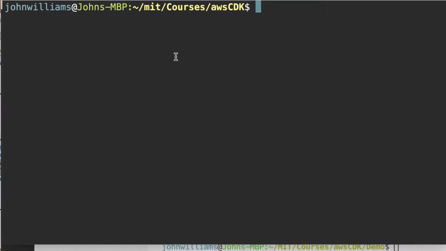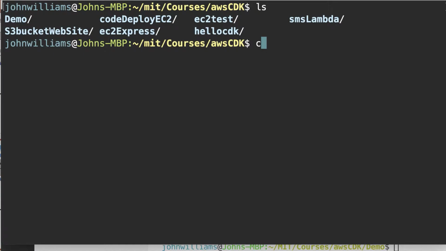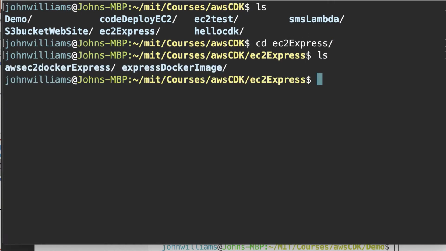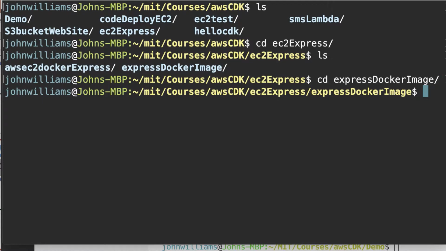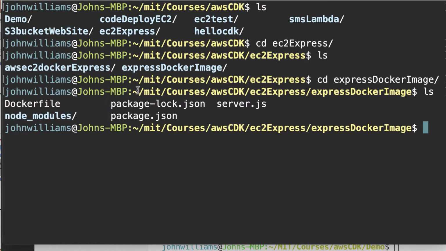So I've brought up my command window, and we're going to move ourselves to a directory called EC2 Express. And in this directory, we've got 2 subdirectories. So first, we're going to create the Docker image. So let's see how we do that. So I'm going to move to Express Docker image, and we'll see that we've got